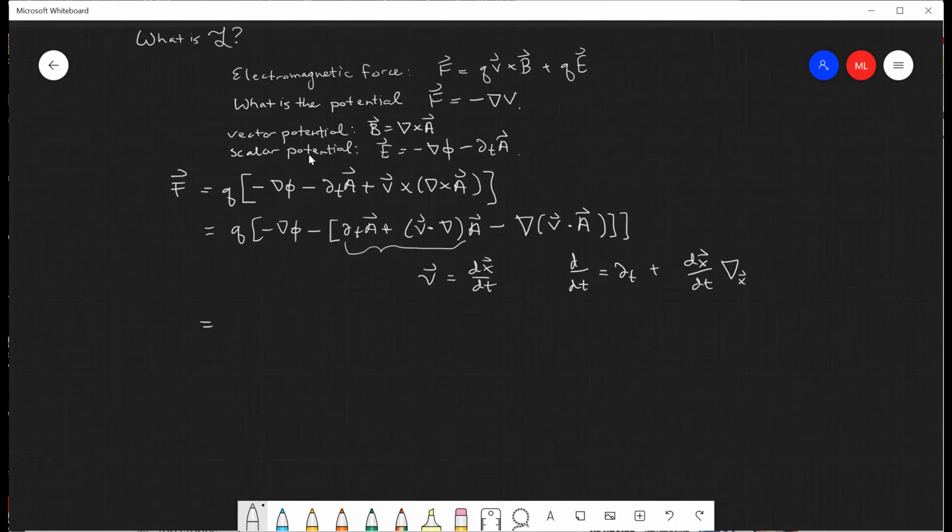So this whole thing is Q times minus grad phi minus dA/dt, and then you have a plus gradient of V dot A. Okay, so that's a little bit more convenient expression, because